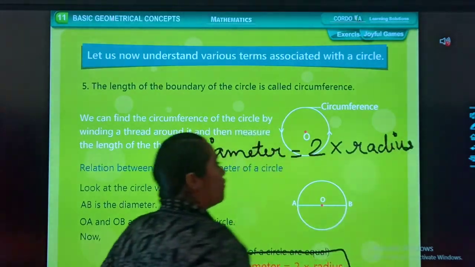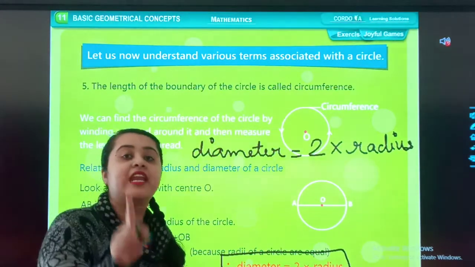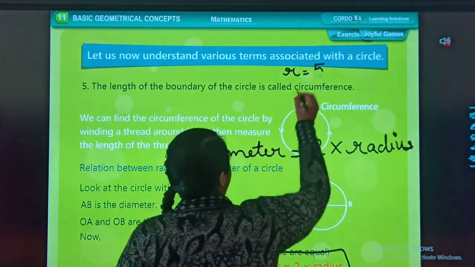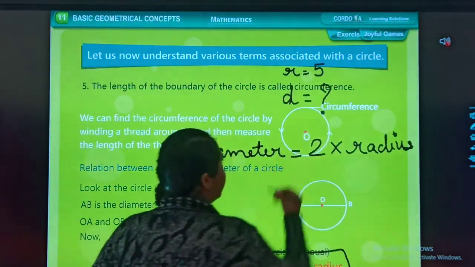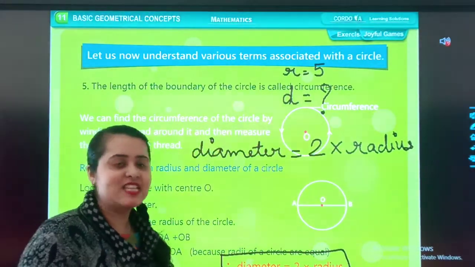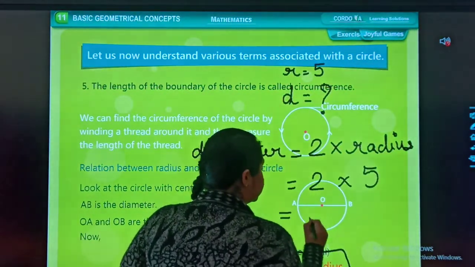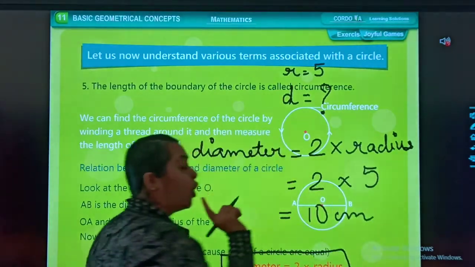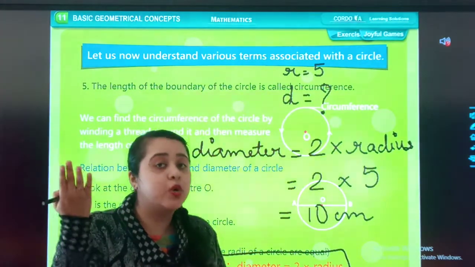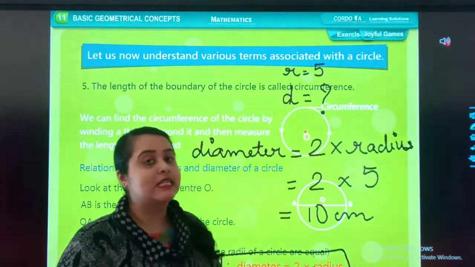Okay students, for example, मैं आपको radius दे देती हूँ that your radius is 5 centimeter and you are supposed to calculate the diameter. So आप ये वाला formula लगाकर you can find the correct answer. That will be 2 into 5 equals 10 centimeter. Always remember, हमेशा diameter की जो भी वैल्यू आएगी वो रेडियस से बड़ी होगी, बिकॉज रेडियस को जब हम 2 से मल्टीप्लाई करेंगे then we will be getting the diameter.